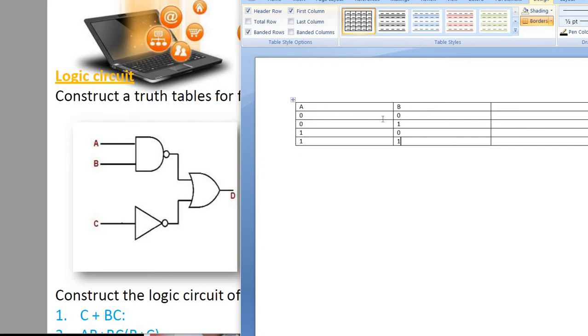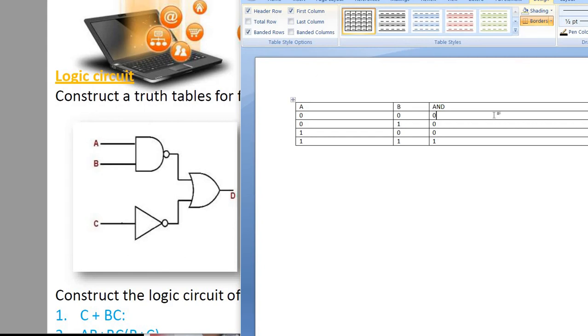When you take the AND of this, what will you get? Simply AND. When both the values are true in case of AND, then it's only true. So 0 here, put all zeros. That's what our truth table says.